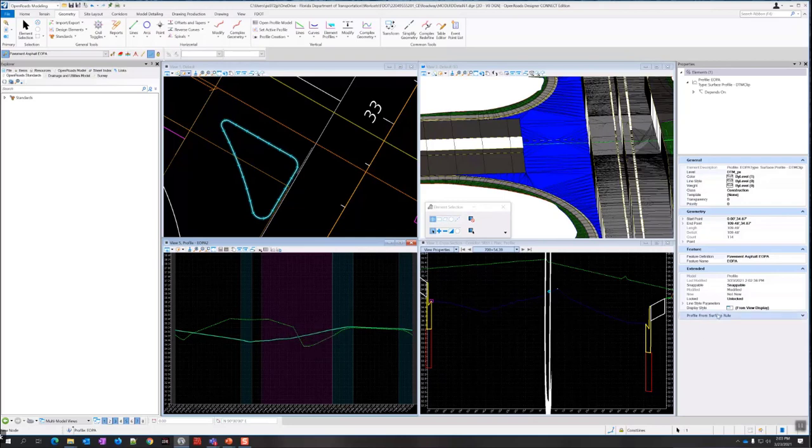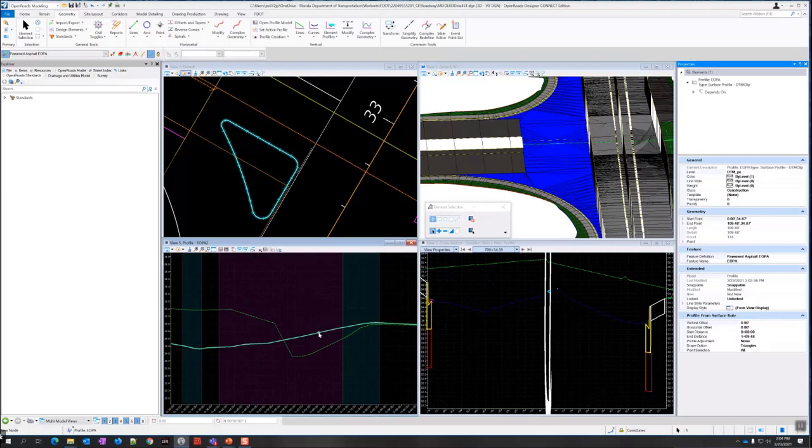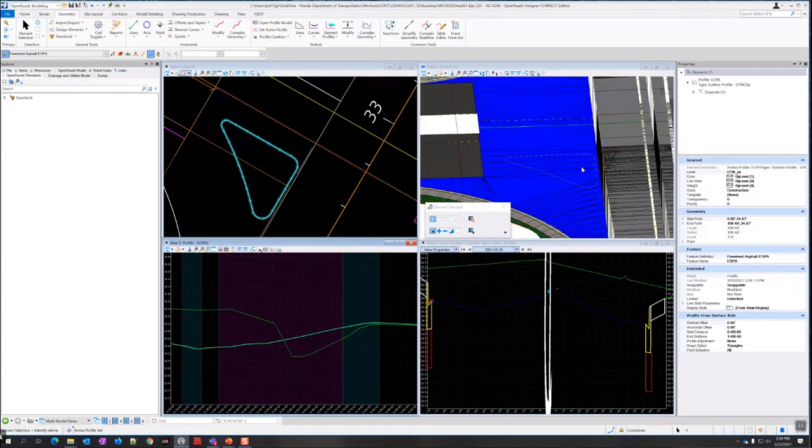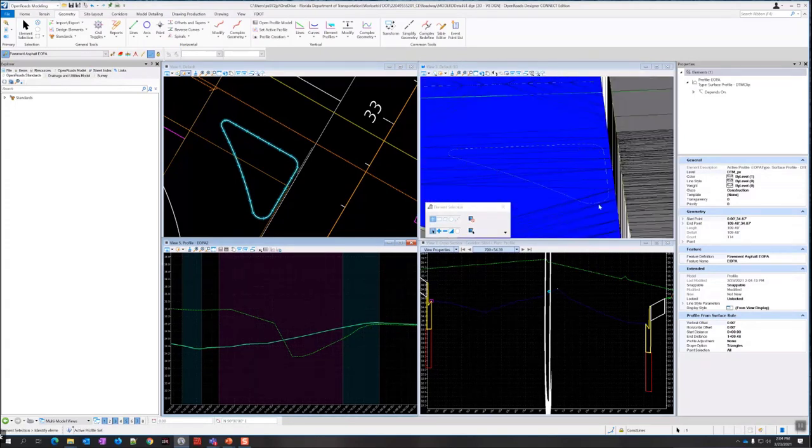It's just pulling it because it's ruled. It's not letting me change that, or it's not actually changing the display, I guess. But it does have the feature definition. So I'm just going to select it and make it set as active profile. And now I can see that profile outlined right on the top of my surface.